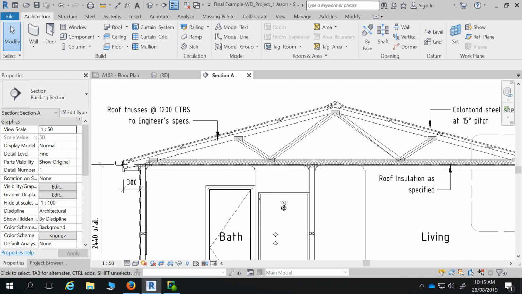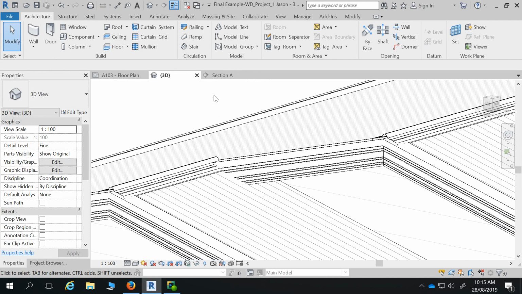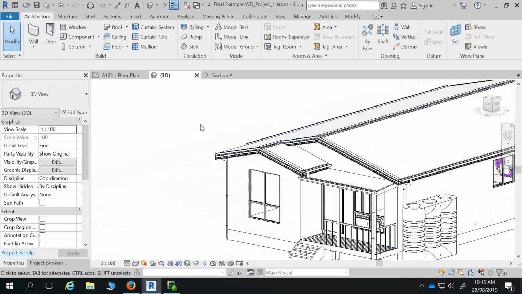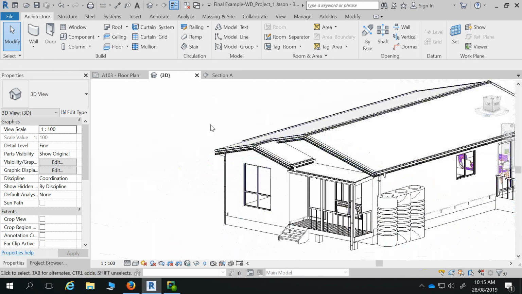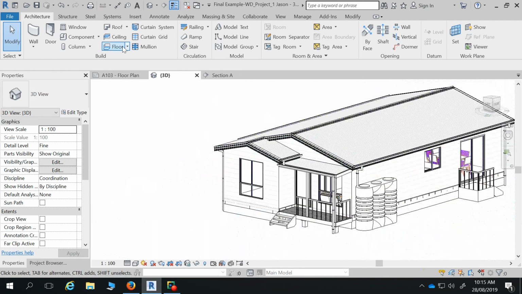So what I would tend to do is, in my 3D view, I set up a profile, and I use the roof, sorry, roof, not floor, not that one,